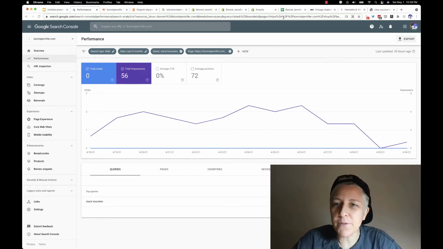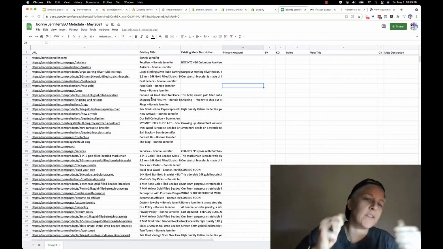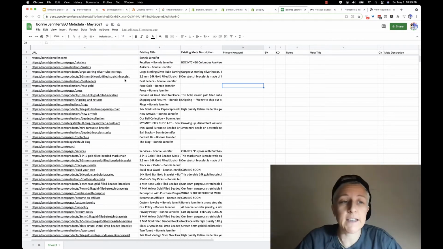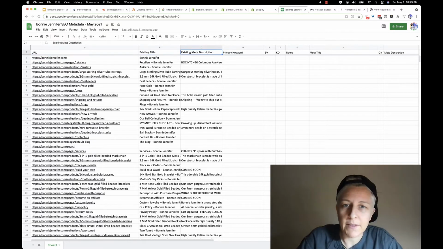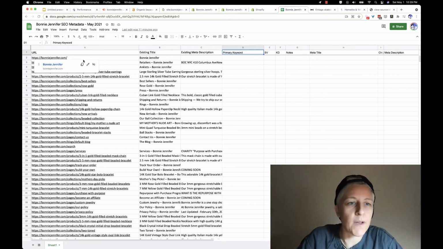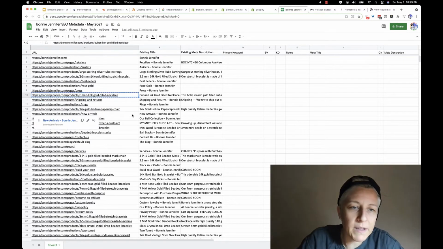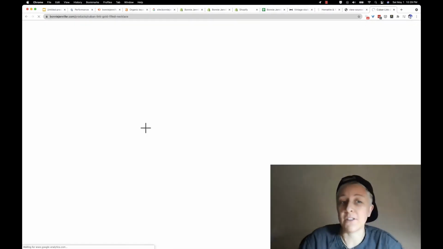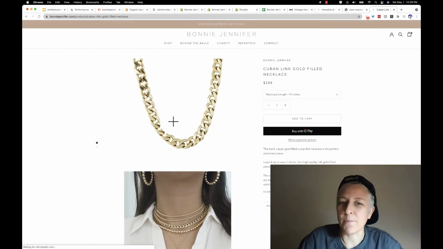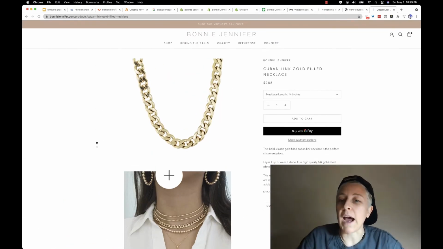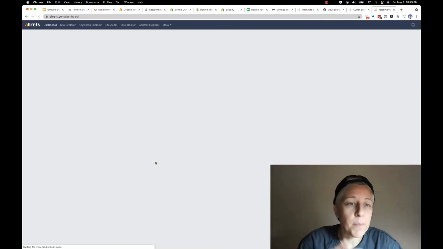So I have this sheet that I gave you in the last video, and it includes the URLs, the titles, and the meta descriptions of every page on the website. So here we have this Cuban link gold-filled necklace. I'm excited to optimize this, because what I would start with, if I have a paid tool,